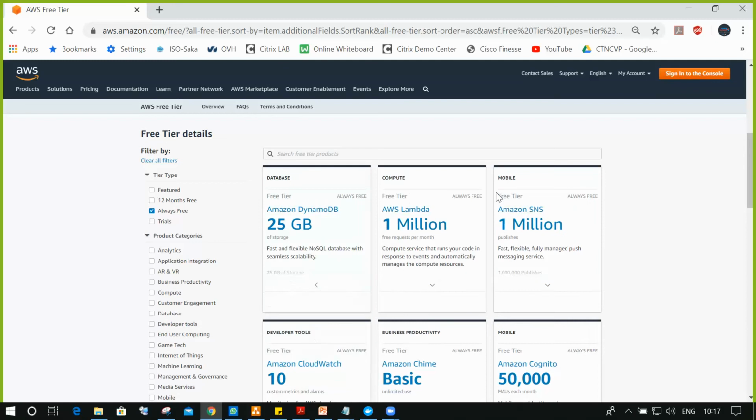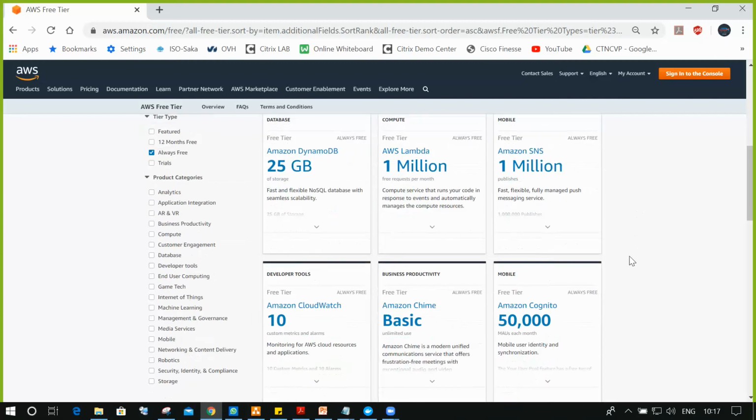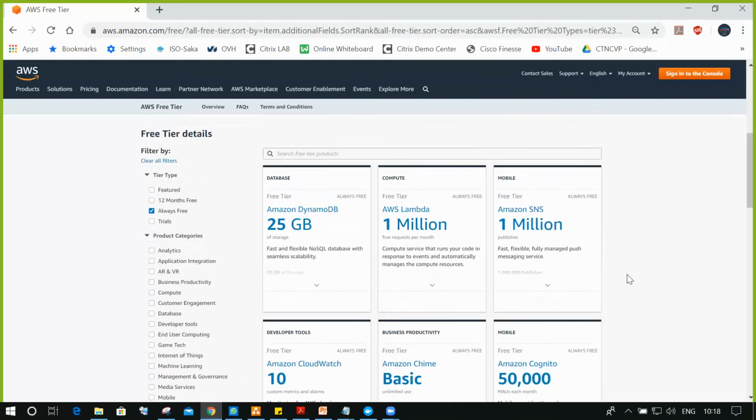But always free means a usage limit will still apply, based on each service, and you have to keep checking that whenever you're practicing a particular service in your lab. Go to this dashboard, check the always free tag and see what the limit is for the particular service. At any point of time we can use the service, but each service has a certain limit. Example,